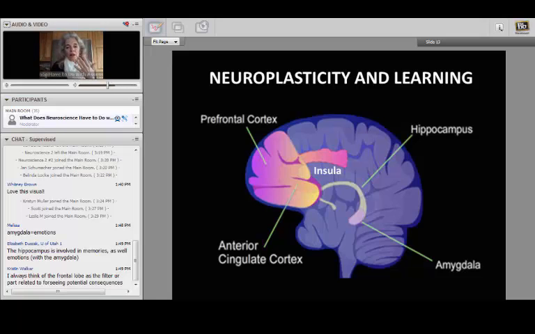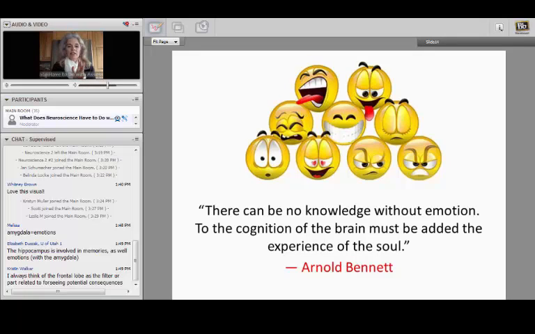So what I love about this is, again, we can see the very tight interconnectedness of emotions and learning and development. They are truly inextricably intertwined. And I love this quote by Arnold Bennett, because it says there can be no knowledge without emotion. To the cognition of the brain must be added the experience of the soul. I get goosebumps every time I read that or hear that or speak it. And what I love about this is it brings